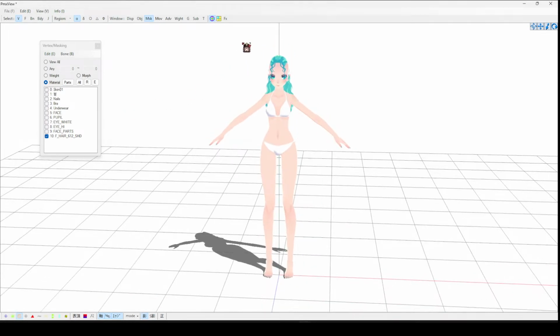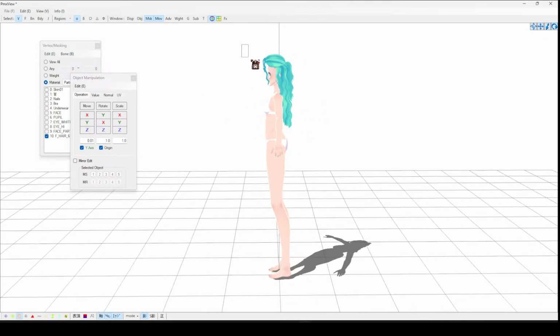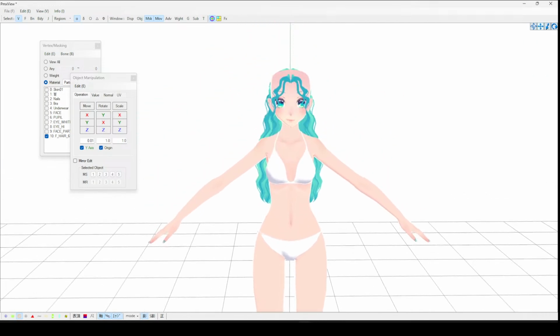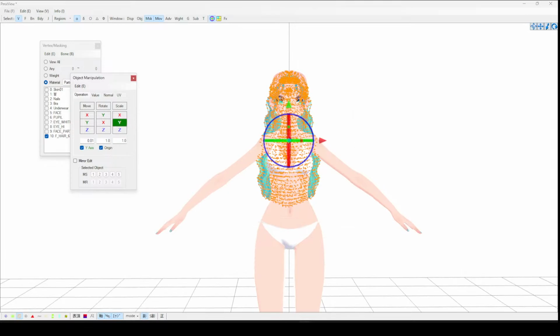Okay, now the silly part. So we need to fit this. It is kind of tricky, but you can just use these. You can also make it bigger for her head, and then you can adjust it. So let's move it more back. Then I'm going to do this, and move it more front. As you can see, a lot of her head is showing. So I'm going to select this, and I'm going to